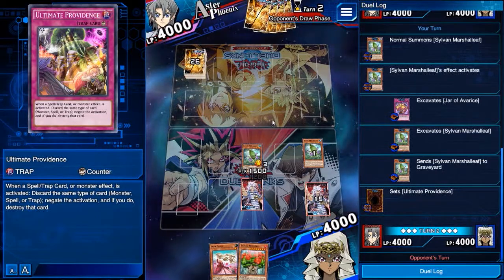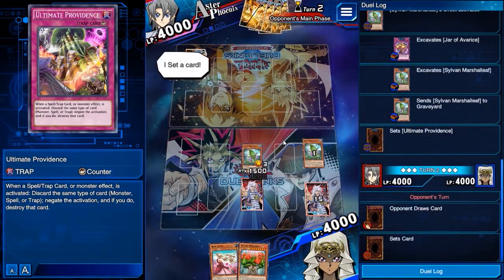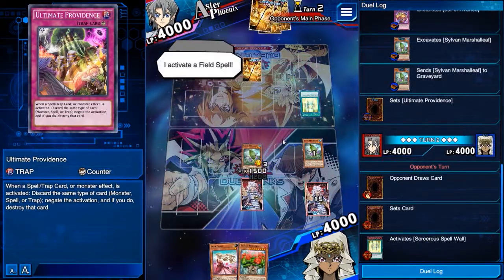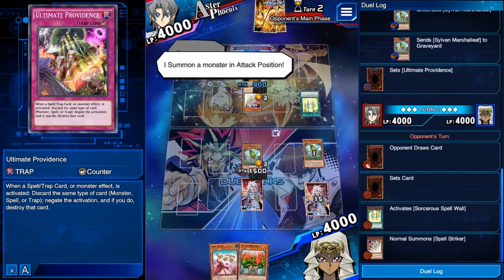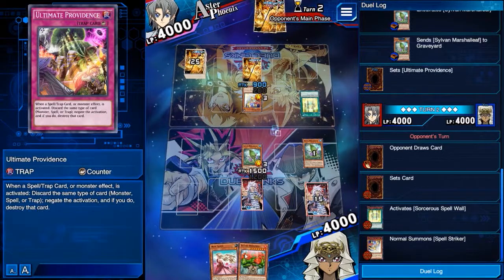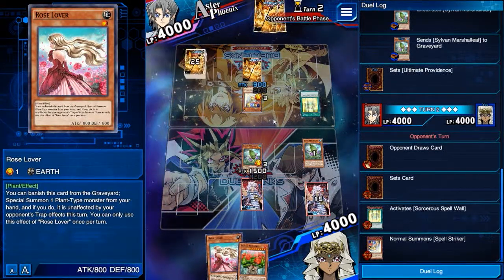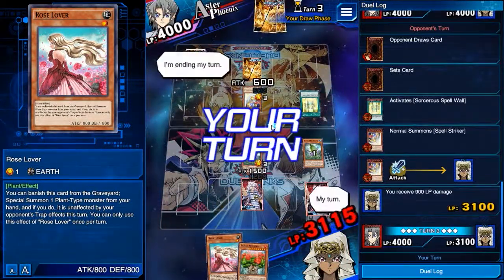The main thing that I want in the graveyard, mostly, is either that carrot monster that came up in my hand from the previous duel. I hate that card as well. Come on, activate an effect, so I can discard this. Basically, I just want this monster in the graveyard. And obviously, if you don't know what Rose Lover's effect is,